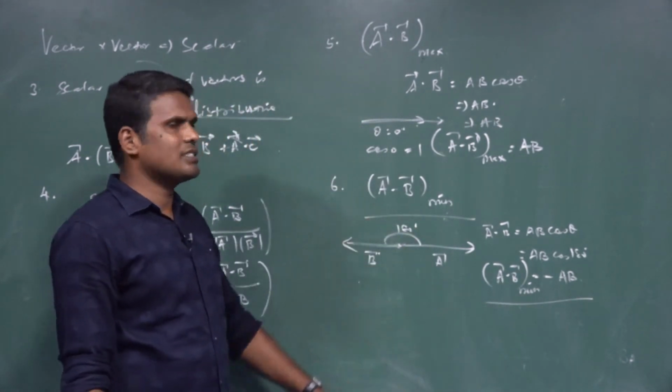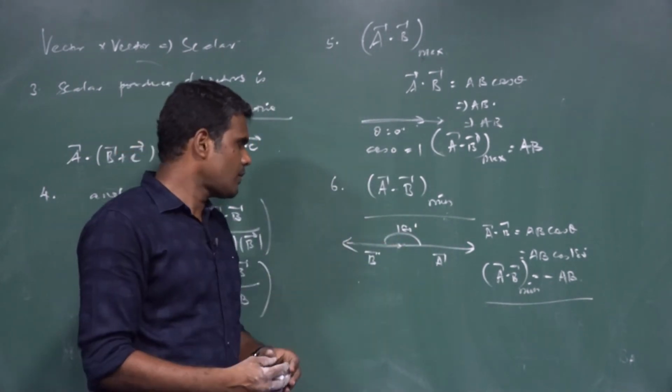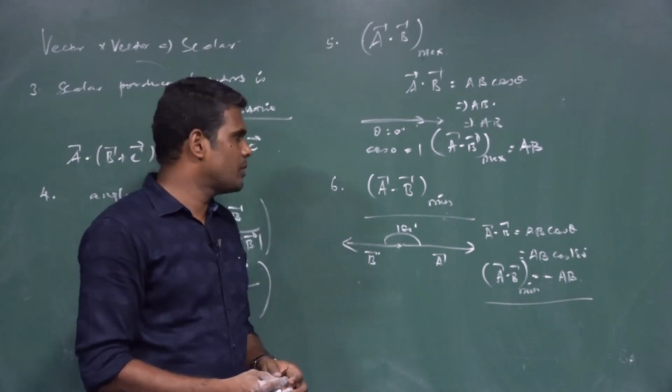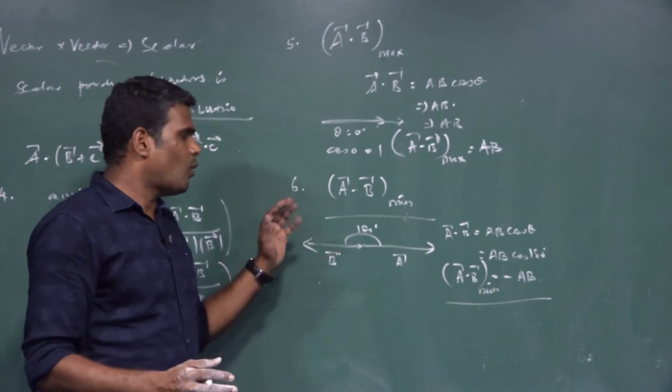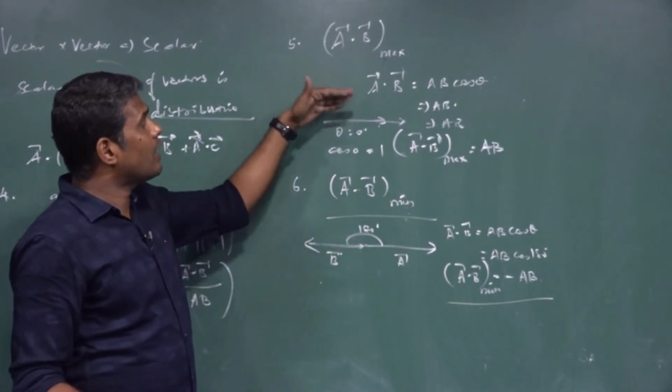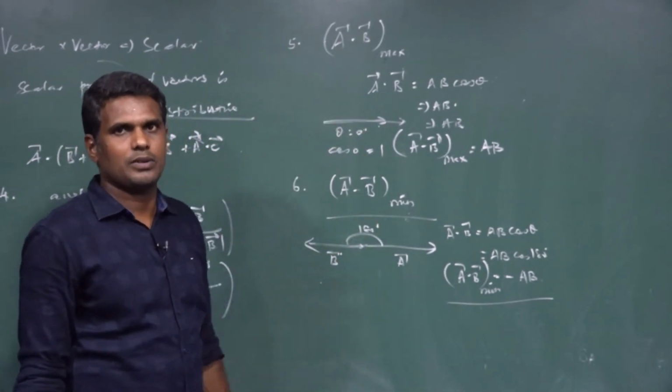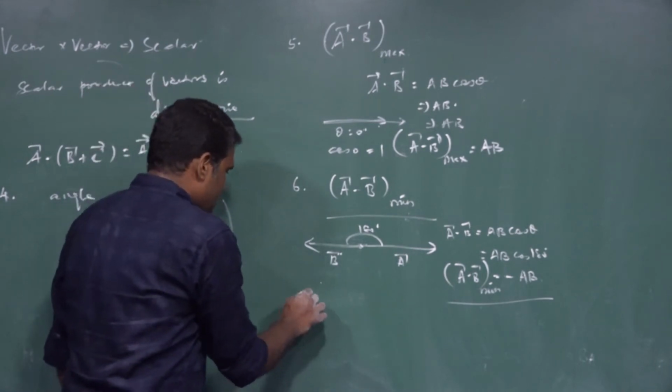So these are all the conditions. When do we say the dot product of two vectors is minimum? When the two vectors are acting by making an angle of 180 degree. When it is maximum, when they are acting along the same direction. And the seventh one is that if